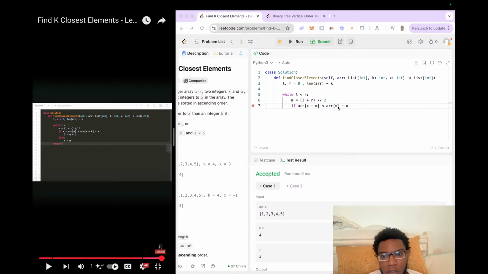And then m plus k, if x minus array m is greater than